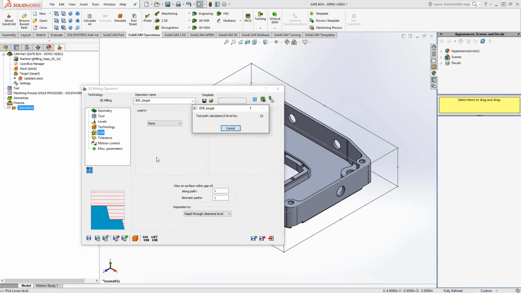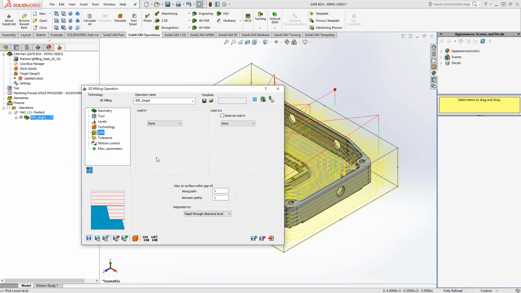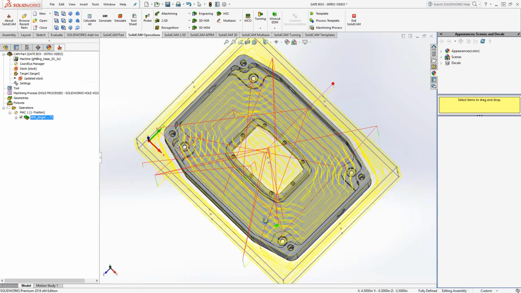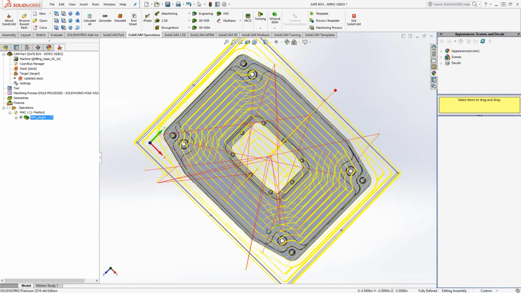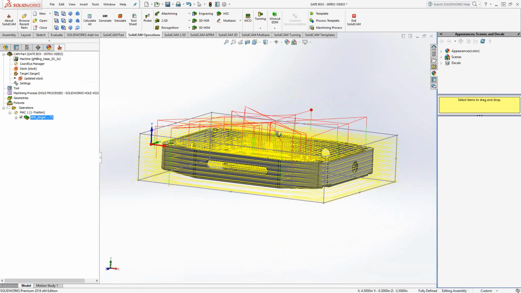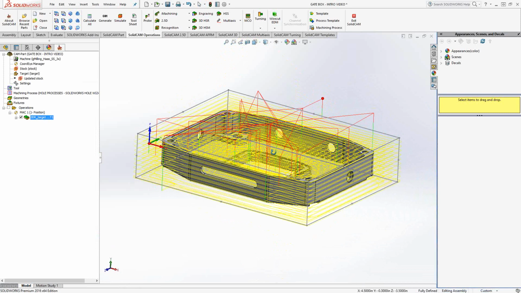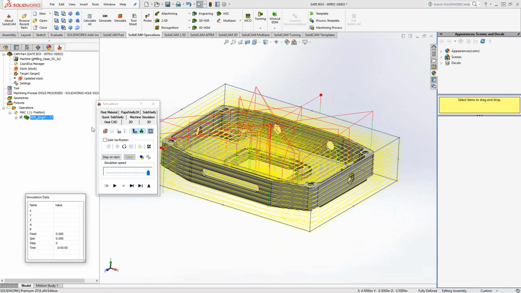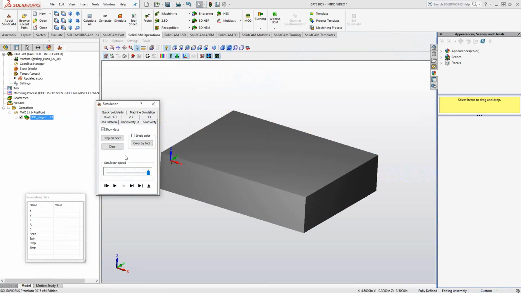So it does a calculation. It slices up that target using the Z level. And what we see here is a series of basically pocketing operations. If we look at it from the top, it still has that same racetrack look to it, and it has done the entire part. If we actually do a solid verify on that, we'll see that this single toolpath with